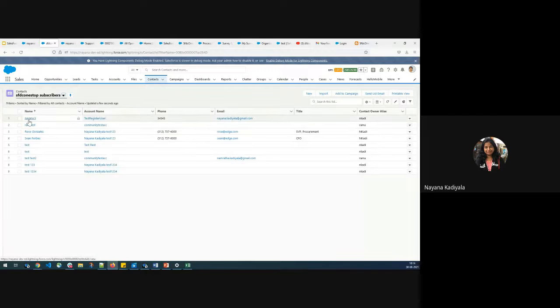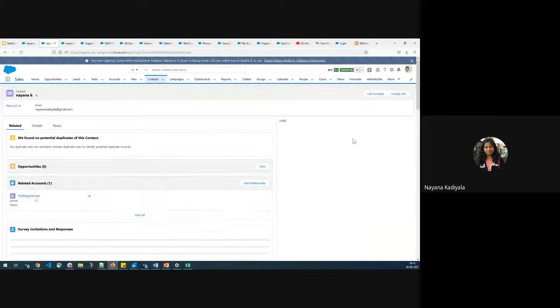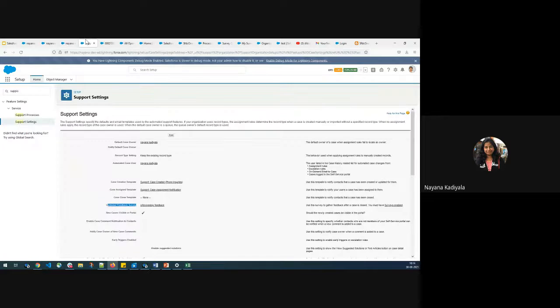All I have to do is select any of the contacts which has an email ID, because we want to send email to the contact or to the lead record, right? So that's the reason email ID is mandatory. And then Get Survey Invitation. The same process which we followed for the lead record would be applicable for contact as well, even for the person account. Now let us understand the out-of-the-box customer feedback survey functionality.